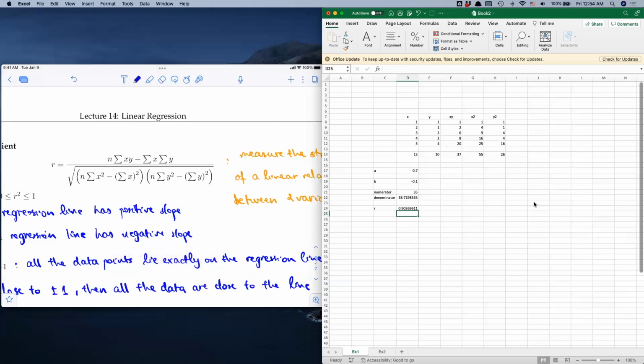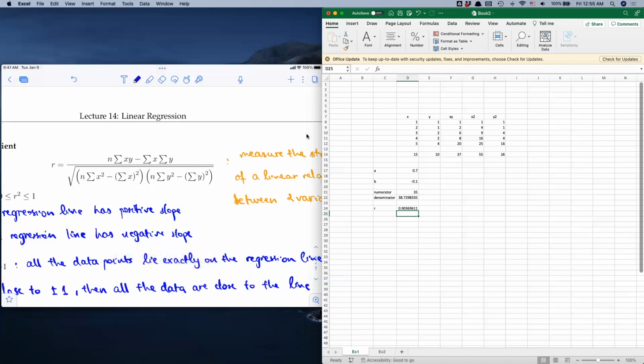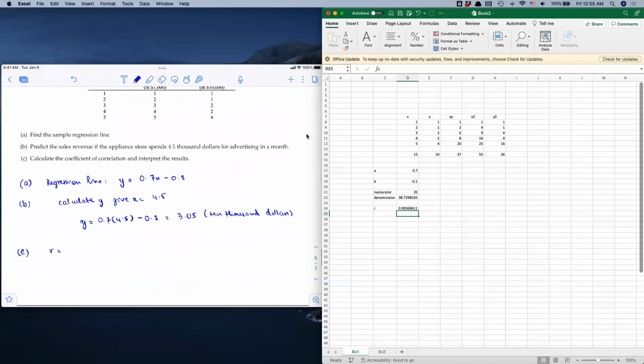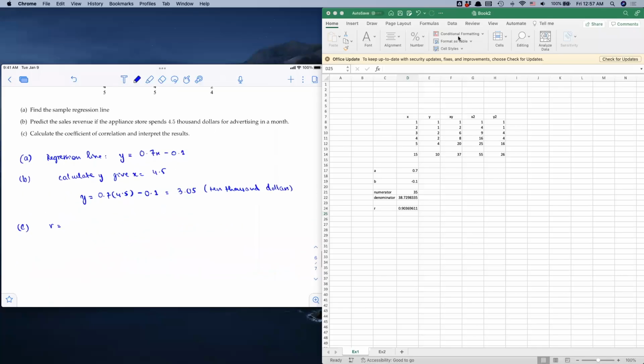Let's just round it to 3 decimal places. So the conclusion there is that there is a strong connection between the dependent variable and the independent variable. All right, go back to our problem here. So let me write down the value of R. So R is equal to 0.904. So there we conclude that there is a strong connection